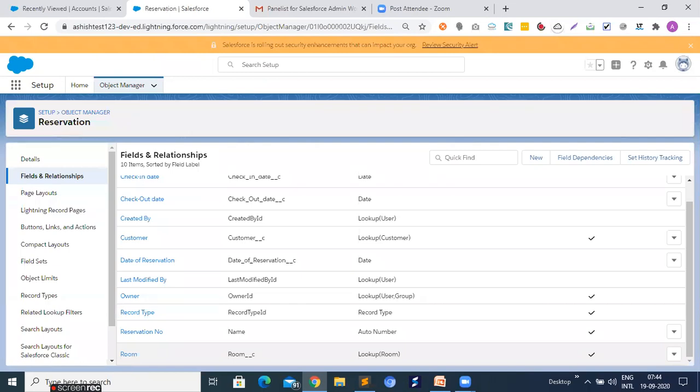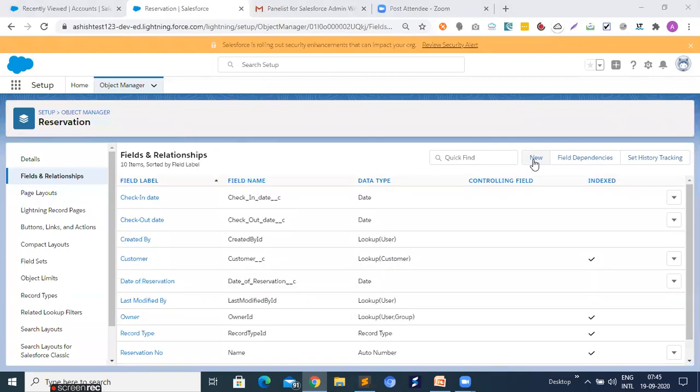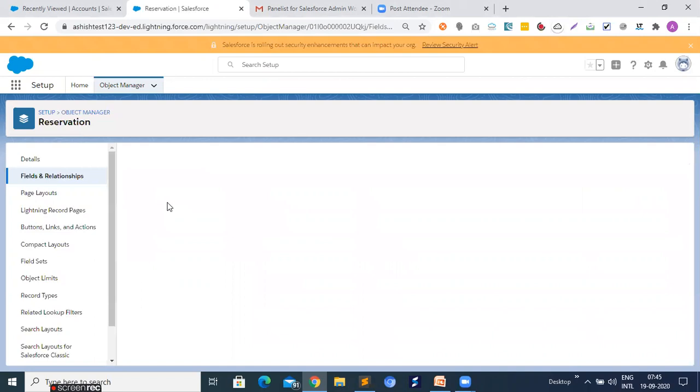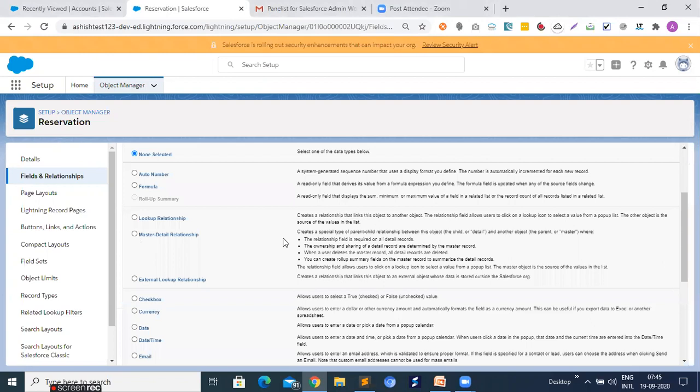So we have two options. Either we go for new and create a master detail relationship, right? Just click on new, and we can choose master detail relationship, right? Because we need to connect this object, that means reservation, with customer.